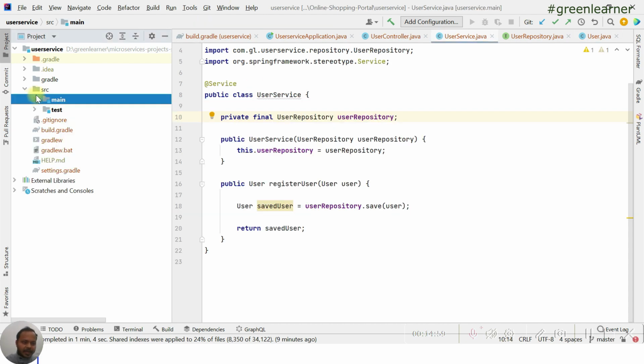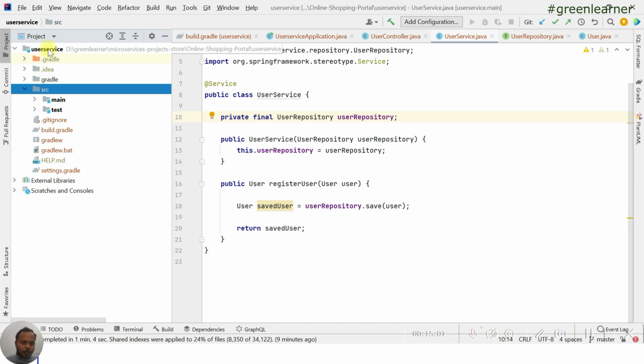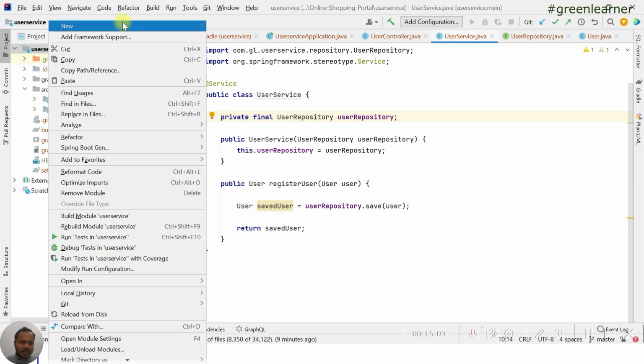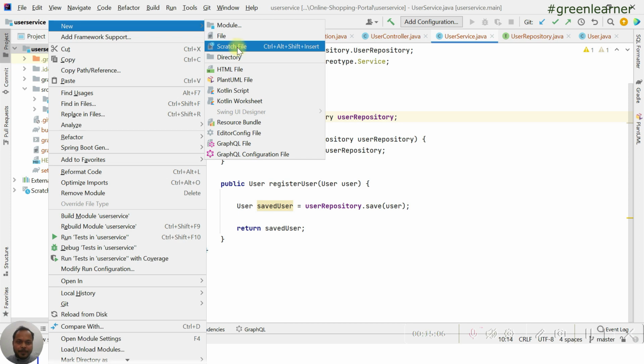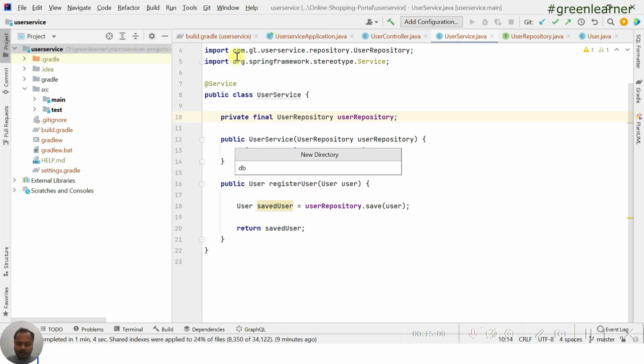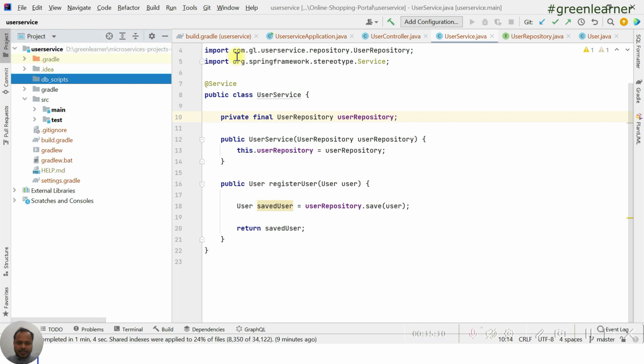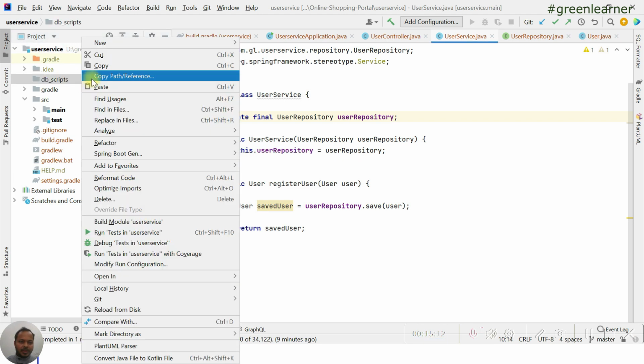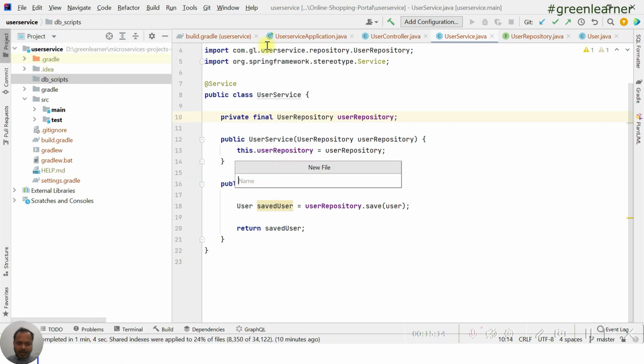So for that table information, I am going to create a folder here, so that we can have all the information in one place. So, a directory, db scripts, okay, and a new file.